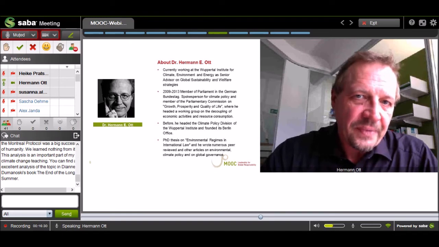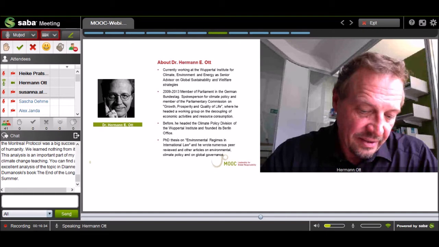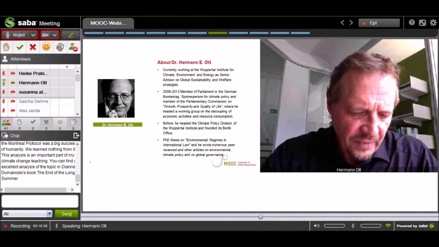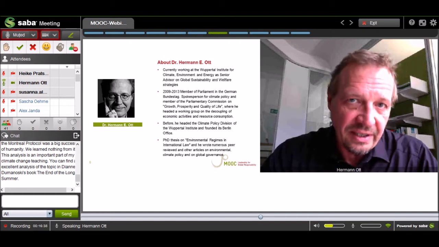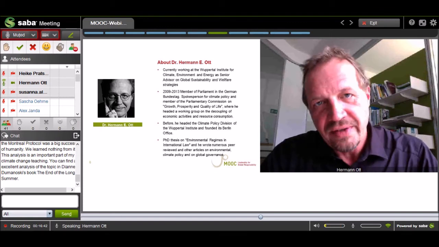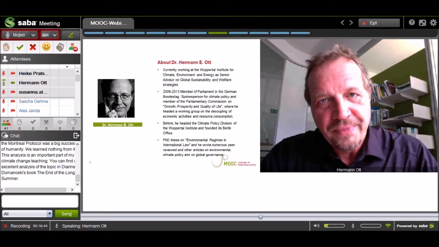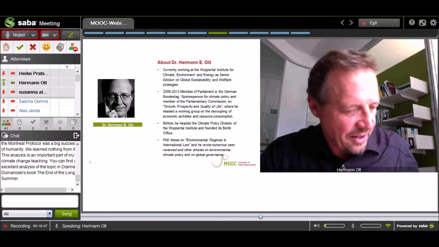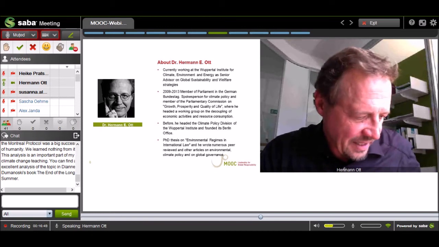So you've got countries, parties in the convention and in the protocol, which are not very keen on seeing progress. And looking at that, one may be a little bit surprised how far the climate regime actually has gone, that we have a Kyoto Protocol, that we have